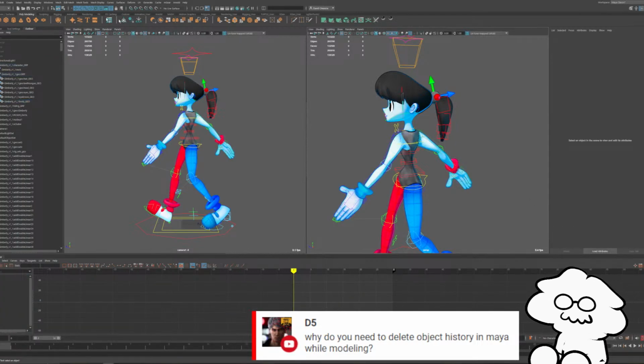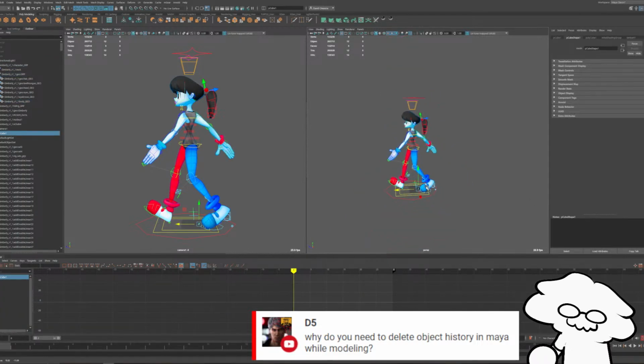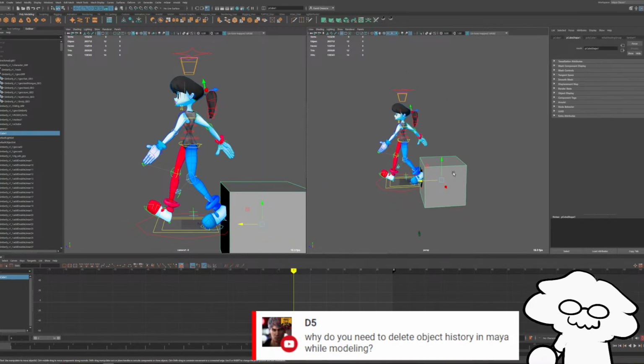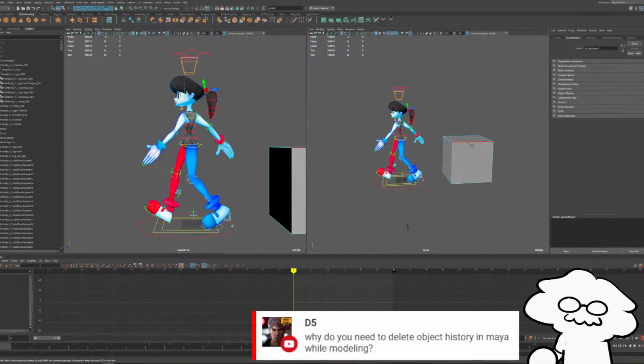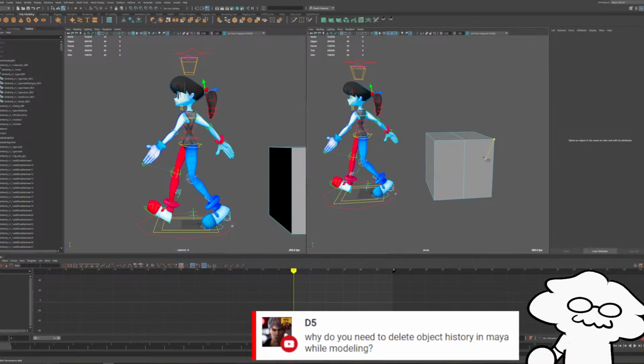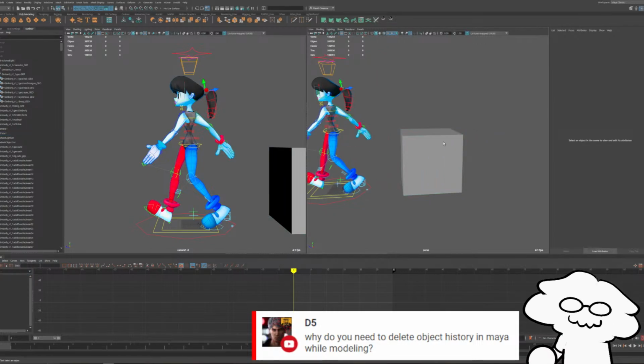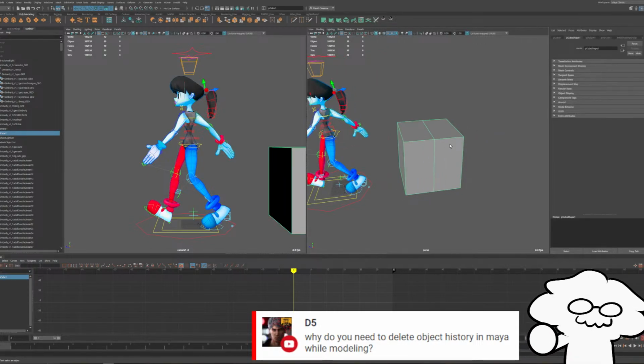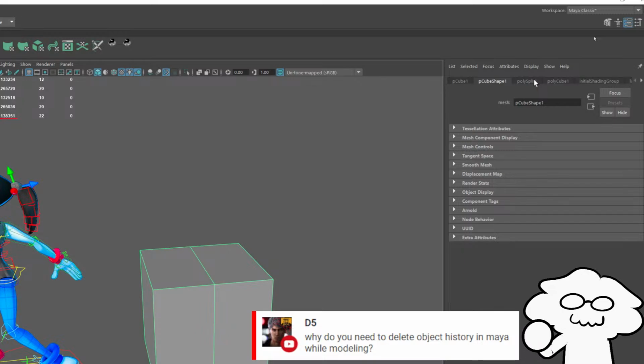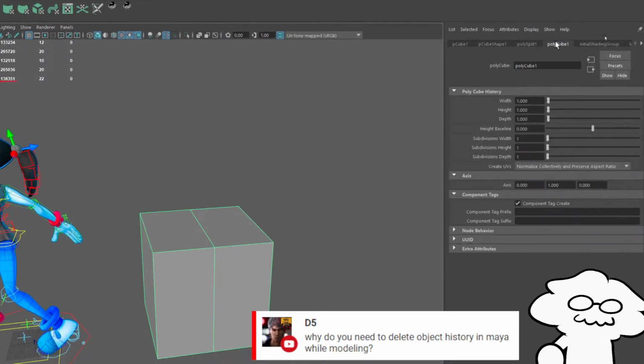I'll even show you, because again, I'm going to get into this whenever I actually show you Maya. But let's say I create a cube, right? And I cut a thing in that cube, right? Like that. So creating that cube and cutting into it are both steps that created history. And if you see up here, I have polysplit and polycube, right?